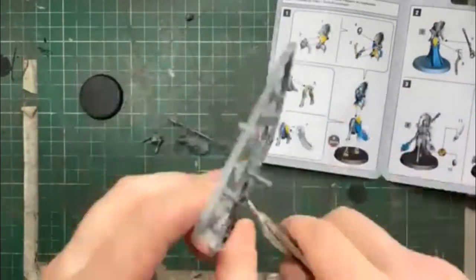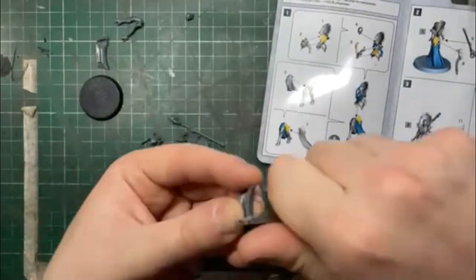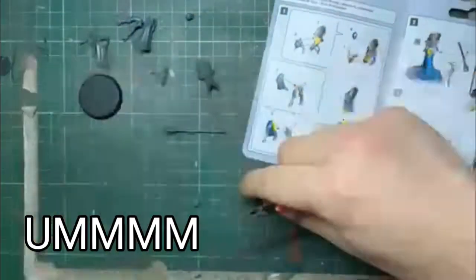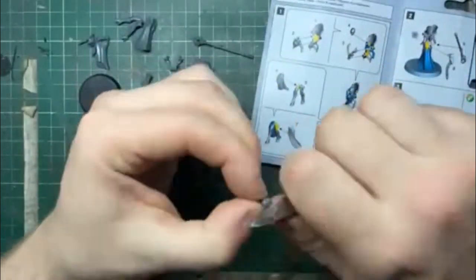I actually found this model a little difficult to put together at the end. I painted sub-assemblies and I found it hard to get the pieces in place once everything was painted, which was frustrating, but I still think the model turned out quite well. This is going to go with my Cult of the Rusted Claw